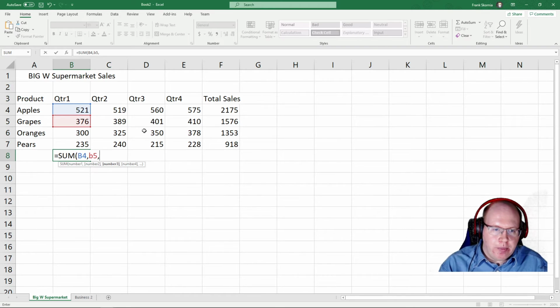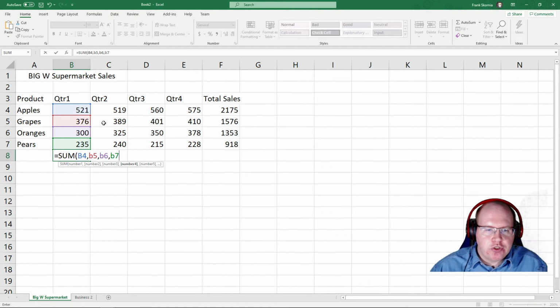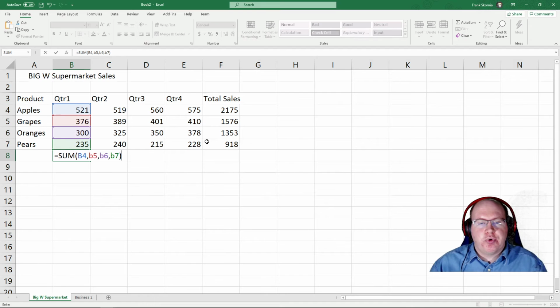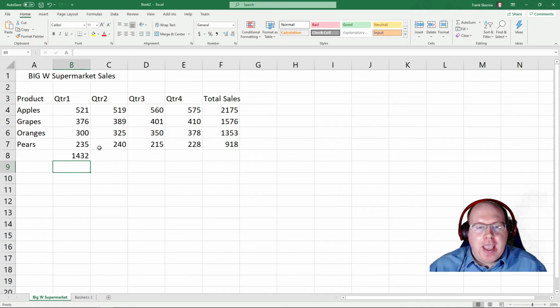Comma, for my third number, I want to do B6. Now I have purple, and then comma B7. That one's green. So now you can see these are all selected and color coded down here. You can see at the end here is a closing parentheses. Always remember to close your parentheses when you're writing formulas. So now my formula is sum of B4, B5, B6, B7. What this is telling Excel to do is add up the numbers in these 4 cells and put it into this box. So I'm going to hit enter, and there's my sum,